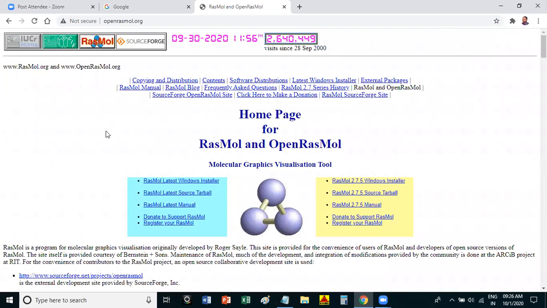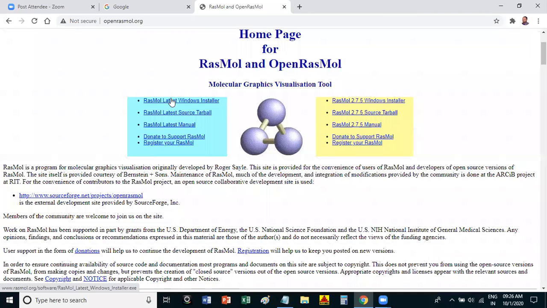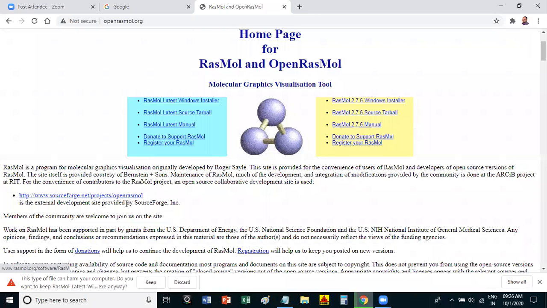Yes, sir. So you have to keep this file over here. All of you have to download this software for this practical, and only then will you be able to see the structure of the protein.